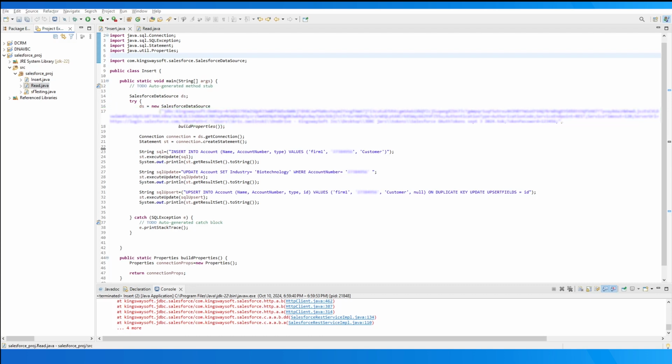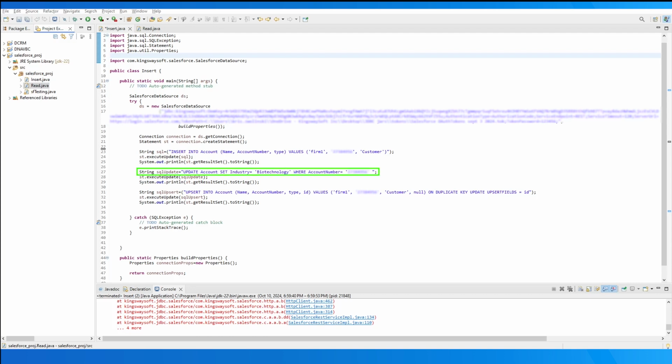We support the insert action for creating new records, and the upsert action to first attempt to update an existing record or create a new one if no matching record can be found. An example can be seen for insert on line 23, for update on line 27, and for upsert on line 31. On line 23, we are performing an insert action, working with the account object. We specify the fields we would like to write and the value we want to set for each of those fields. Note our values are hard-coded just to simplify our examples.